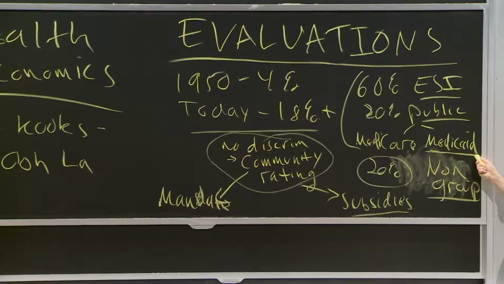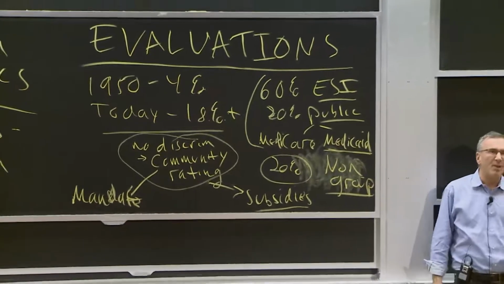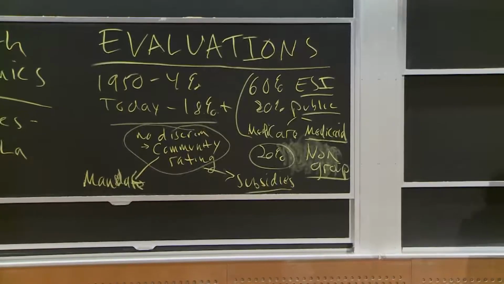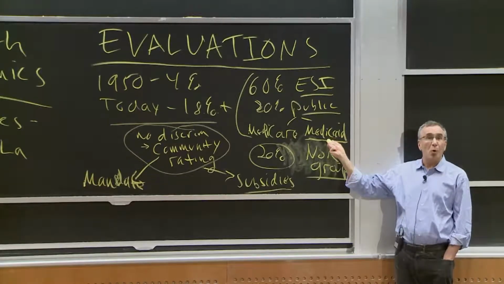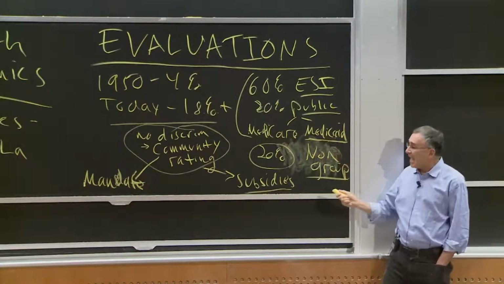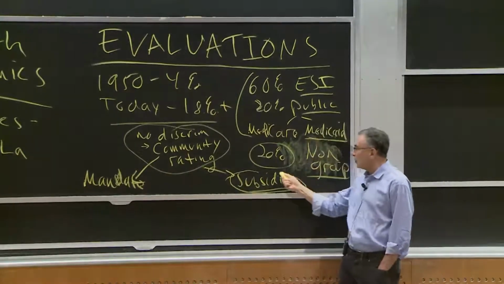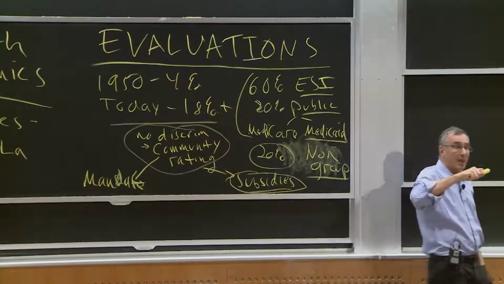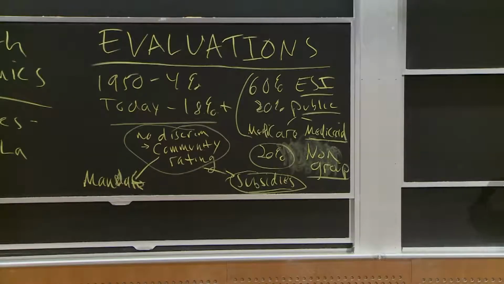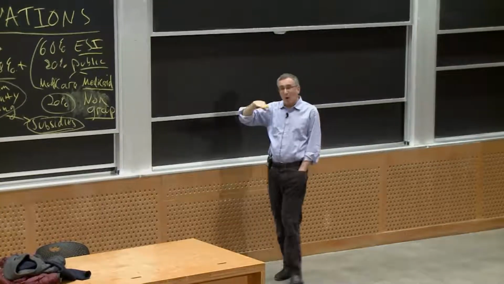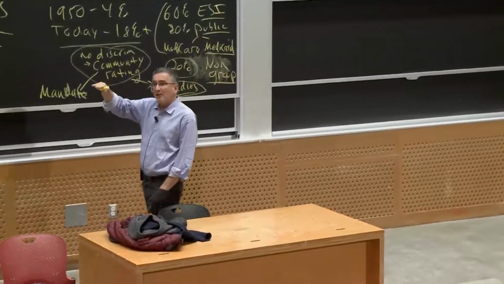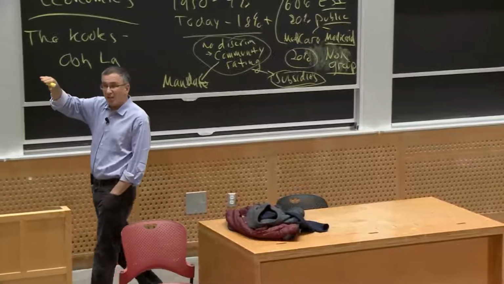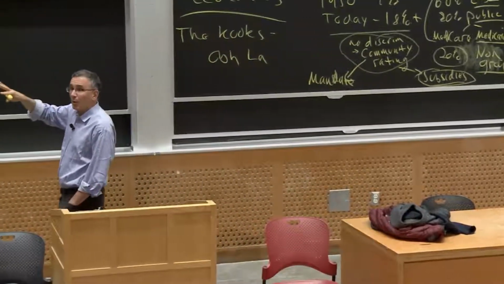The Medicaid program used to be only for very, very poor people, people living below like a quarter of the poverty line, like super poor people. Now it's available to everyone up to 133% of the poverty line, so like $30,000 for a family. Still poor, but many more people. And we set up subsidies, like in Massachusetts, for those who were above 133% of the poverty line, but below 4 times the poverty line. So it was like a 3-tier system. If you're below 133% of the poverty line, insurance is free. From 133 to 4 times the poverty line, we're going to subsidize insurance on a sliding scale. And then above 4 times the poverty line, you're on your own.